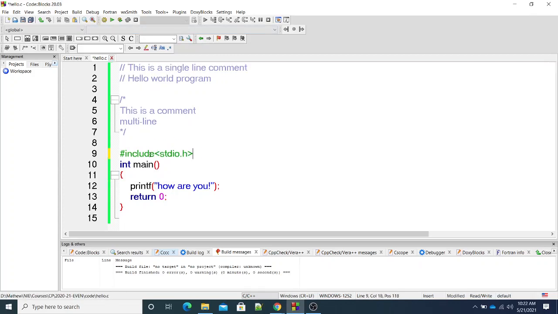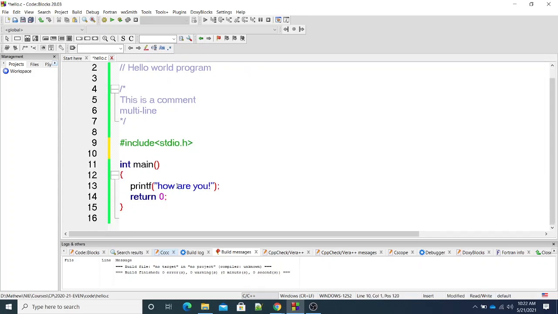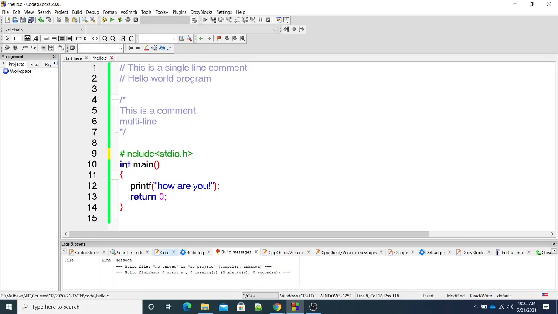This one, an extra blank line is not necessary. I have put it just for readability. When you write a program, just like when you write in English, readability matters: your handwriting, spacing between lines. Similarly, to improve the readability of this program, I have written a blank line here. If you want, you can remove that.